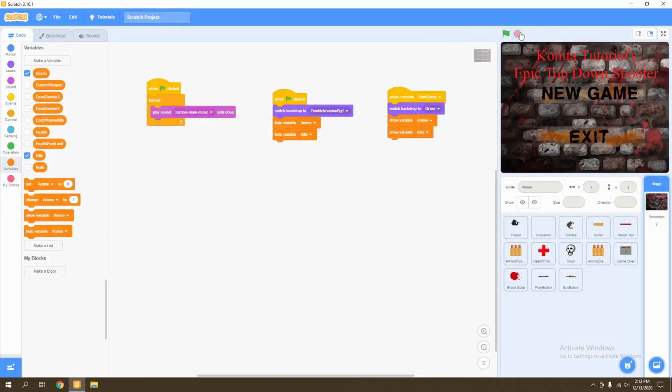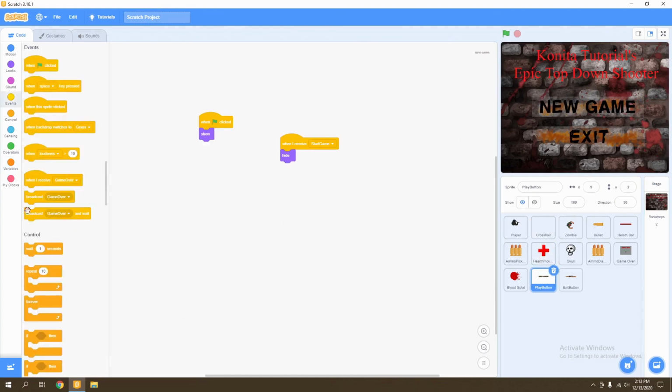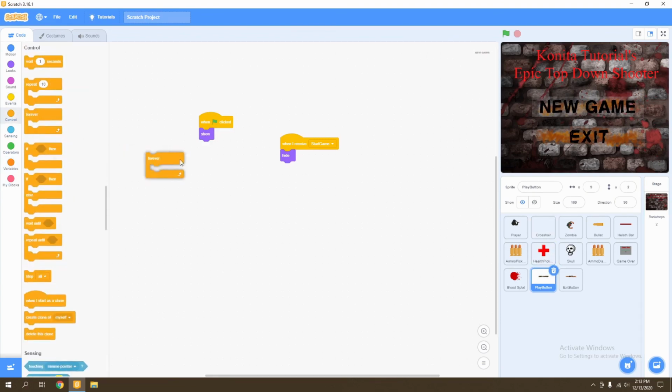So I did make a little bit of a wording mistake. It's not a working main menu yet. So what we have to do is actually make our play button and our exit button work. I'm going to go ahead and move the new game button a little bit lower, and then we're going to go to control and then say forever